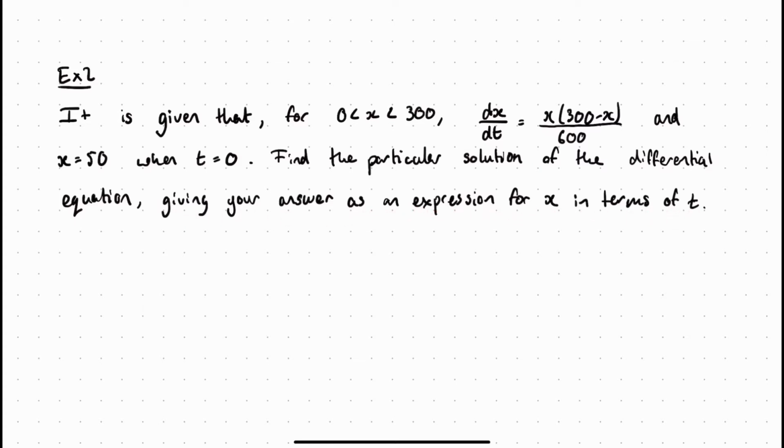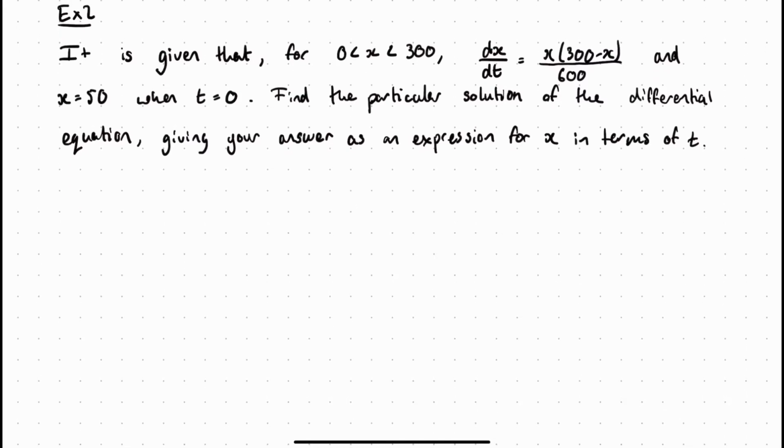So, we've now got dx over dt. Think of this as dy over dx. When it was dy over dx, we need to get our y terms to be with our dy over dx. So when it's dx over dt, we need to get our x terms over to the same side as dx over dt. So step 1 is to rewrite our equation as 1 over x(300 minus x)